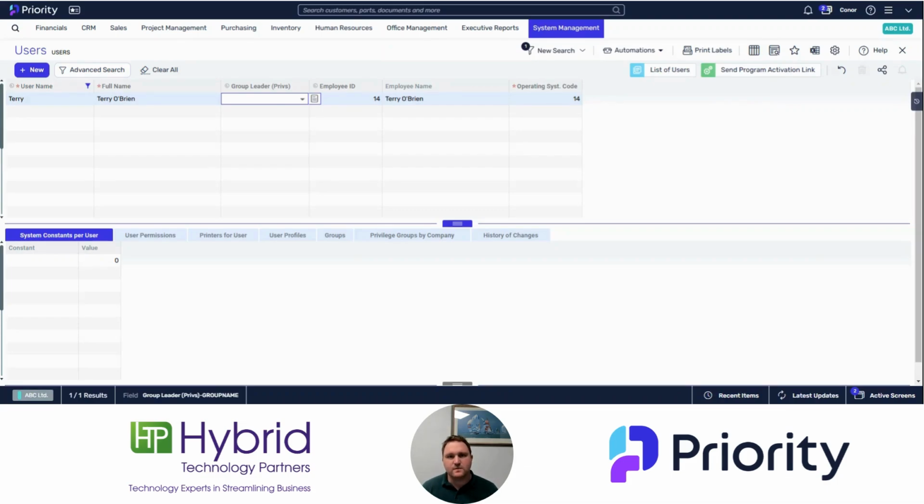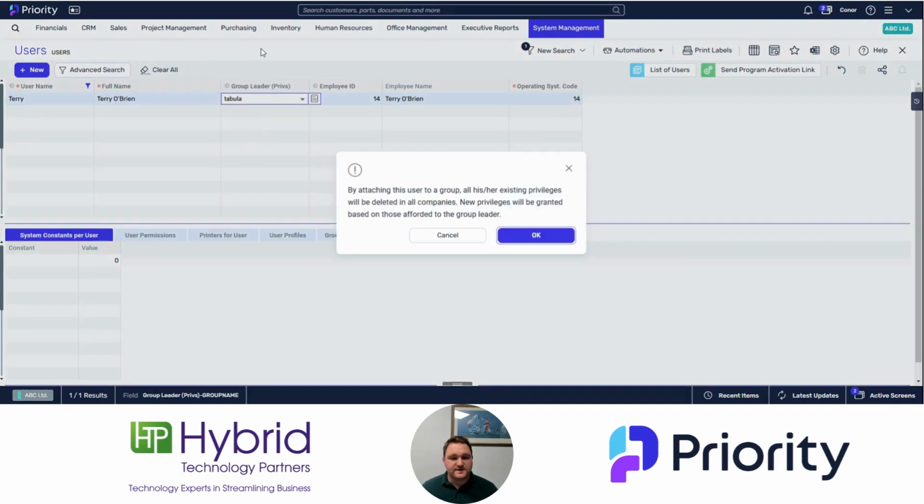within the entire system. So if you are a managing director, an owner, or senior staff member within the company, you may want full access across the entire system, and that way you can basically be limitless in what you can see and what you can do within Priority. So for this example, Terry is our new CEO, and we're going to give him access to everything. So we go Tabula,